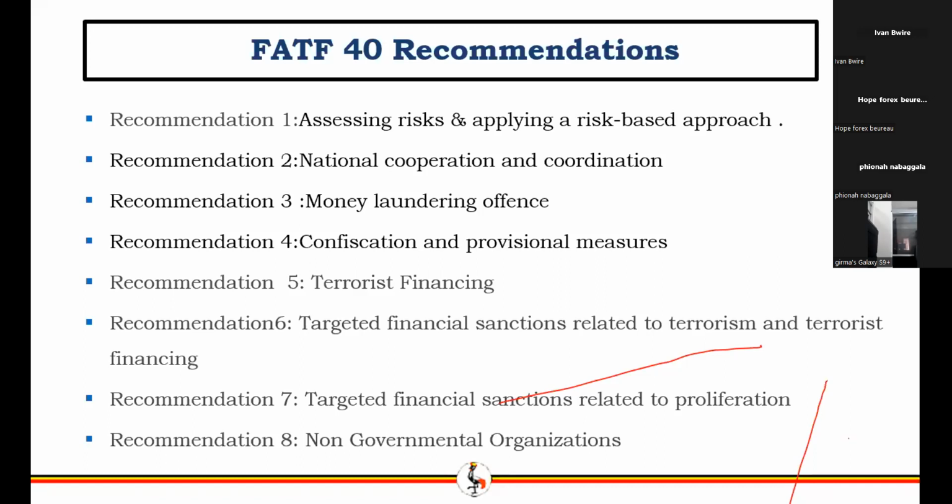Recommendation 2 is about national cooperation. So FATF is telling every country that subscribes to it that you must demonstrate national cooperation and coordination. And how this is assessed is by checking: have you established any relationship with the law enforcement agencies that you disseminate the information to? That is with us as the FIA. How do you coordinate with other supervisory authorities like BOU and CMA in the exchange and dissemination of information?